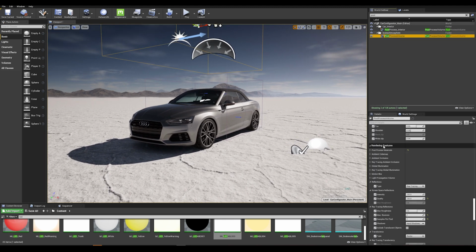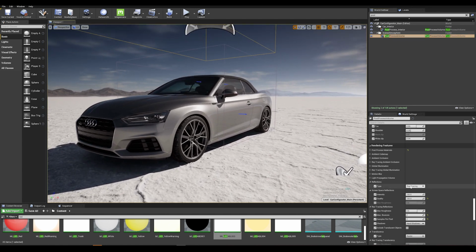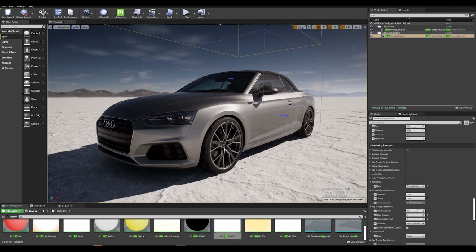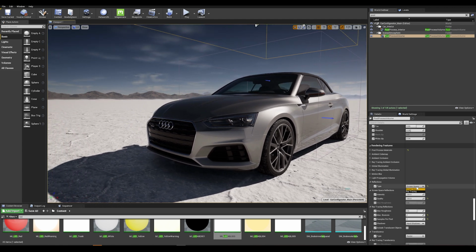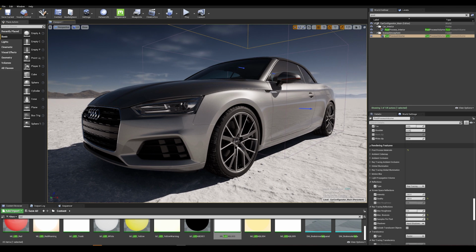And if we go down to the rendering features, we can see that our reflections here are set to ray traced. If I switch back to screen space, we can actually see it does quite a decent job, but we are losing a bit of self-bounce reflection here on the rim, as well as losing a bit of definition here. If I switch that back to ray tracing, we can see, especially in the headlights, all the metallic bounce going on here. And we're getting some really nice self-shadowing here in the wheels compared to screen space reflections.